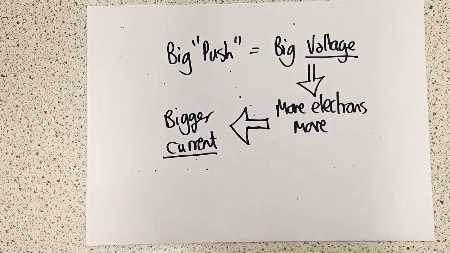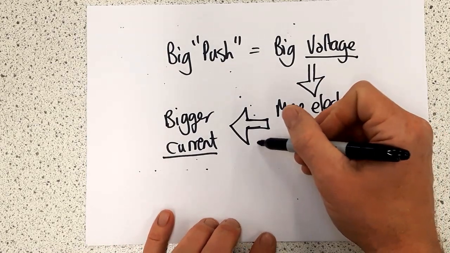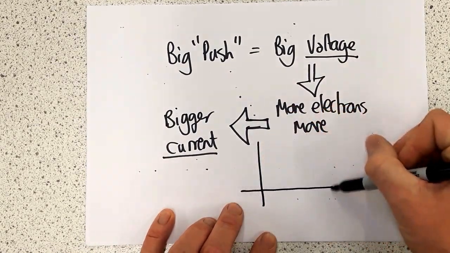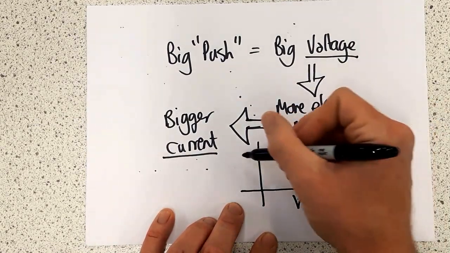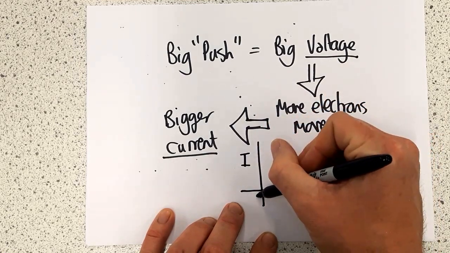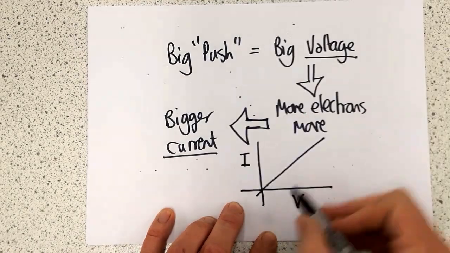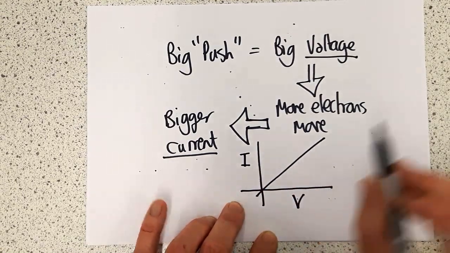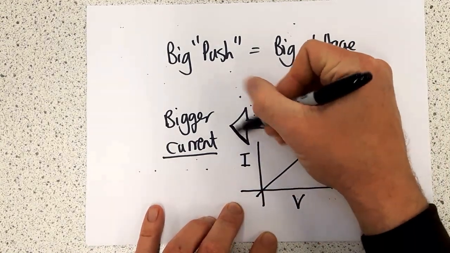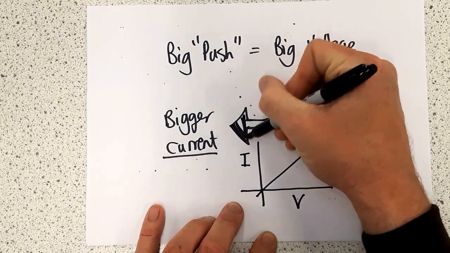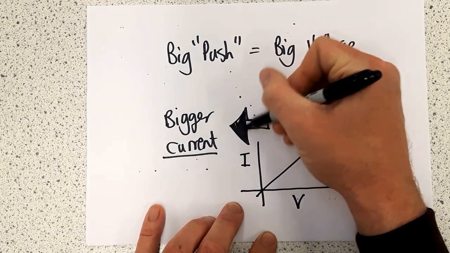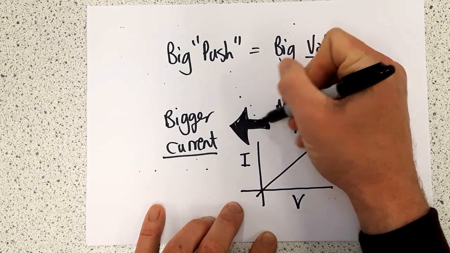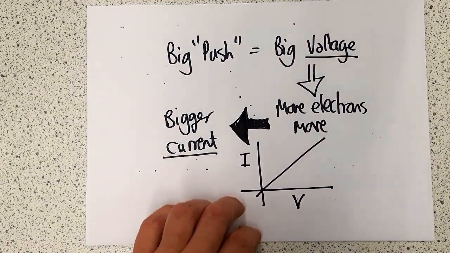Now we will go on later to look at something called Ohm's law, which enshrines this in a more mathematical way, but essentially we have voltage and current, and they're related to each other like that, which means as I increase the voltage, the current will go up as well. That's assuming all other factors are the same, so the temperature of the conductor makes a big difference there as well. So, just to recap,